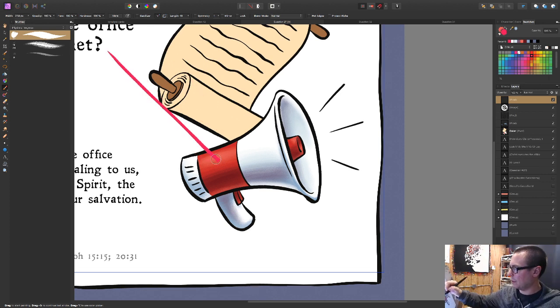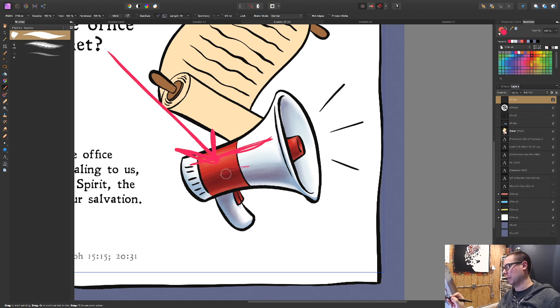If the light's hitting this 3D object from here, then this is going to be the brighter spot right here, and it's going to gradually go down into shadow.